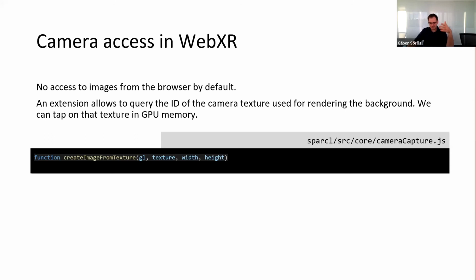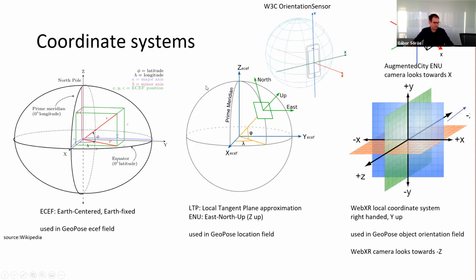So what I did instead is I tap on the GPU texture that is drawn to the screen, which is kind of a hack, but there is no better way at the moment. You can extract this GPU texture and package it into binary and put it in the JSON and send it to the localization service, which returns back the Geopose.